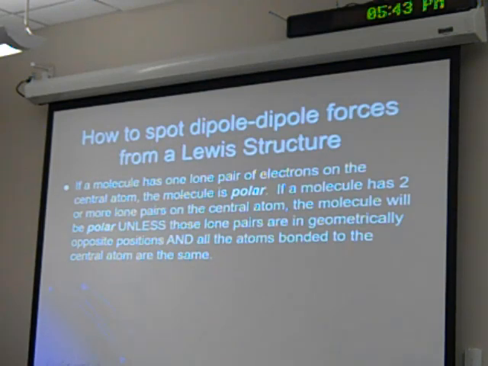So if you're just looking at a Lewis structure, this is probably the safest way to determine whether or not something is polar. If a molecule has one pair of electrons on the central atom, the molecule is polar, no matter what. So if you see something like this, that's going to be polar. Actually, even if you see something like this,